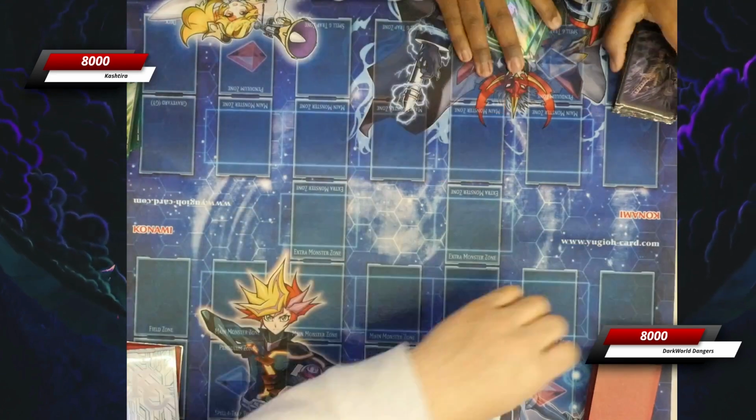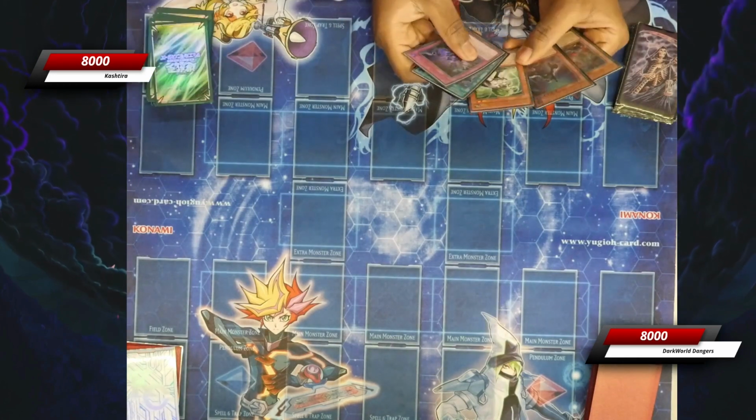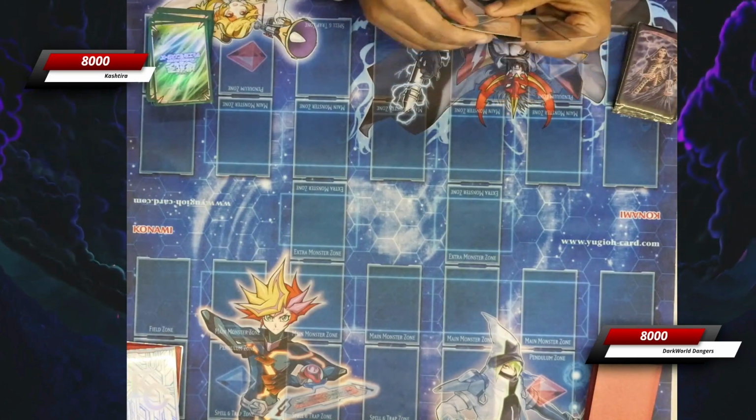Today I'm bringing you commentary from a live duel at Locals involving Silver on the top with Kashtria and Charlie on the bottom with DarkWorlds Dangers. Now, as a disclaimer, Charlie is playing 3 structured decks. He hasn't really added much more to it,